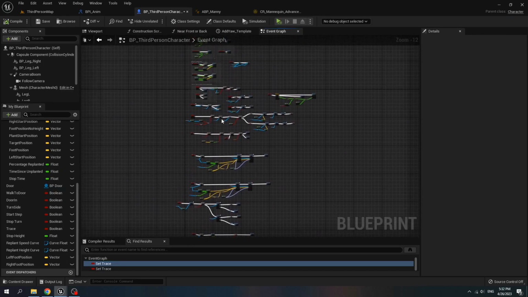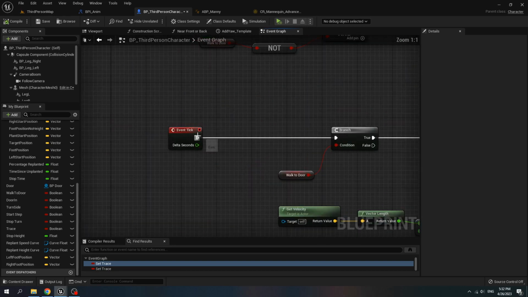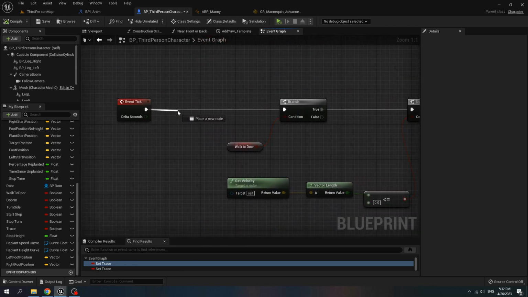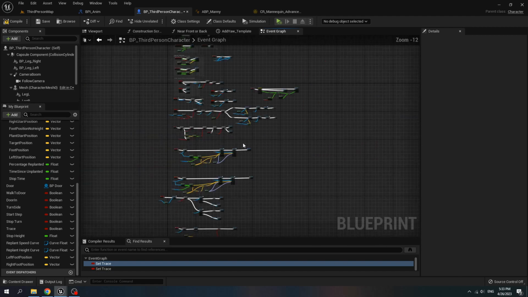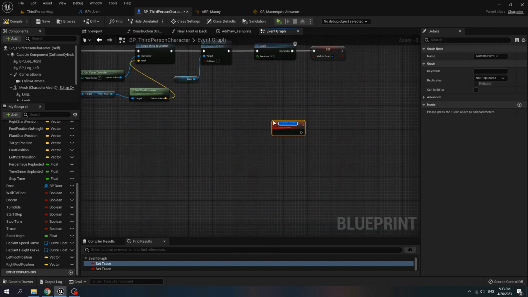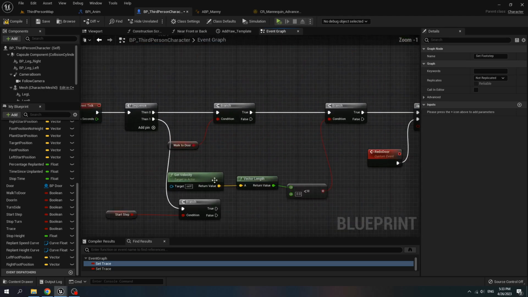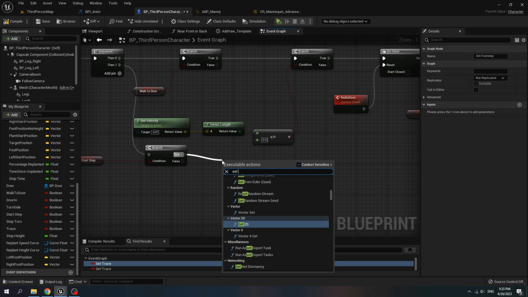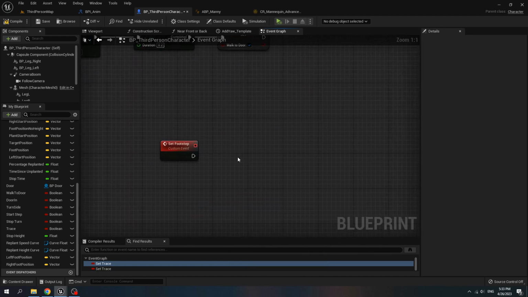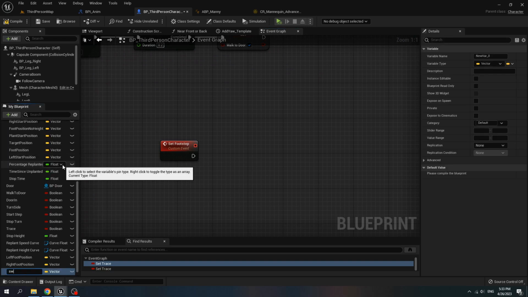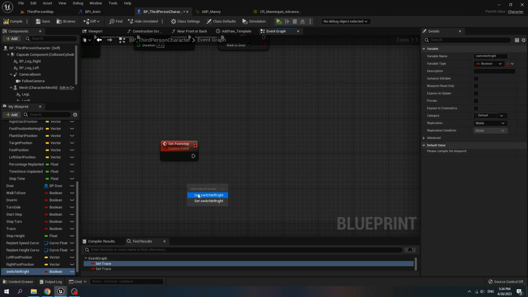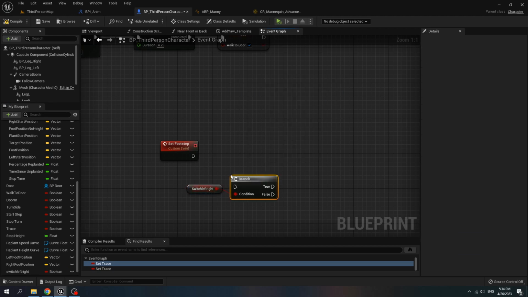Go to third person character and for the event tick, create a sequence. Get start step, create a branch and connect it to the branch. Create a custom event, name it set footstep, and if it's true we set footstep. Go to set footstep event, add new variable, name it switch left right, and variable type is boolean. Get switch left right, create a branch,